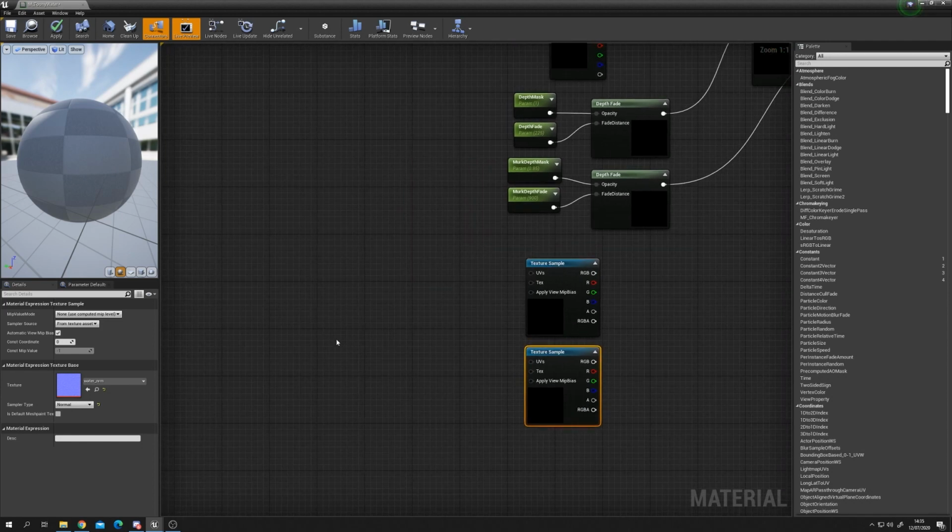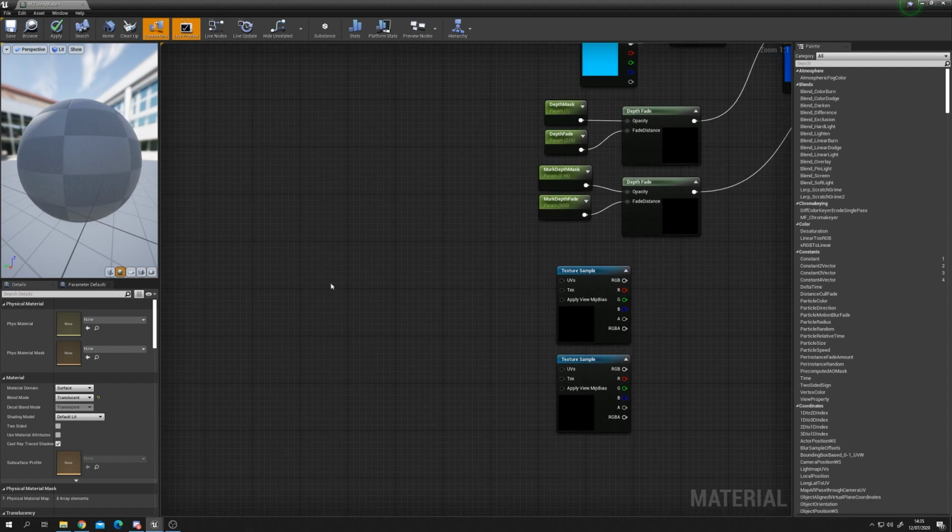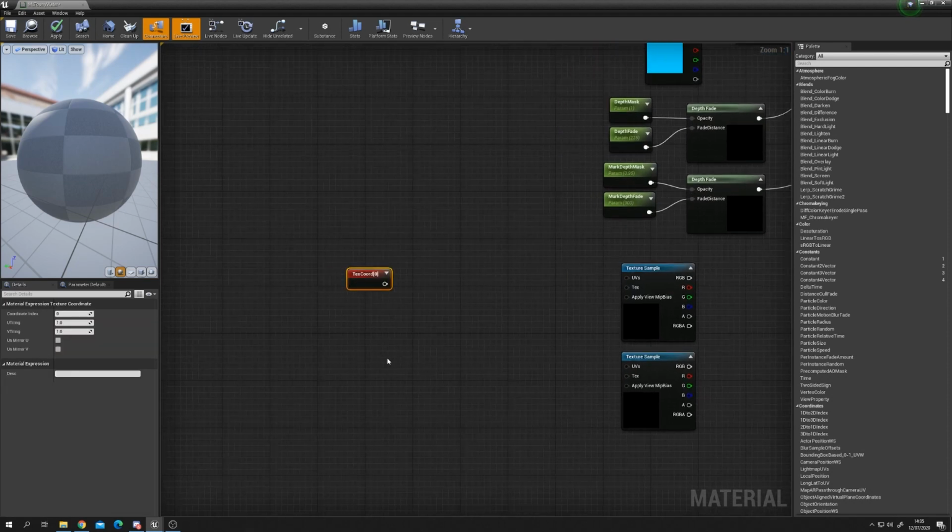The next thing that we're going to do, because we want these to move like waves, is we're going to move around the texture on the UVs. So you can see we have these UV pins. We're going to move our texture by influencing the UVs. To do this, we're going to have to reference our UV coordinates. So we'll get a texture coordinate here. And to make sure that we can change the scale of this, because we don't know how big our plane is going to be or how small it's going to be,